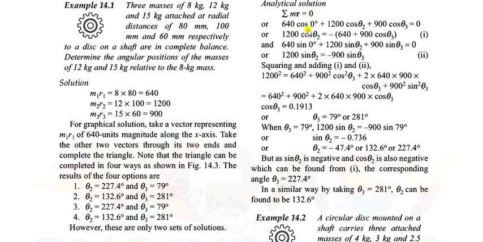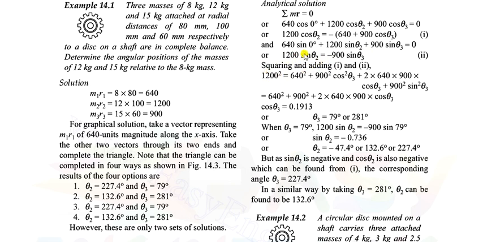So like that, 640, 120 cos theta 2, this is unknown, this is known, because we have assumed mass 1 is along the x-axis. Okay, so it is making 0 degrees. Theta 2, theta 3 equal to 0. If you put this in terms of theta 2, and then you take the sine component, put again theta 2 in terms of theta 2.